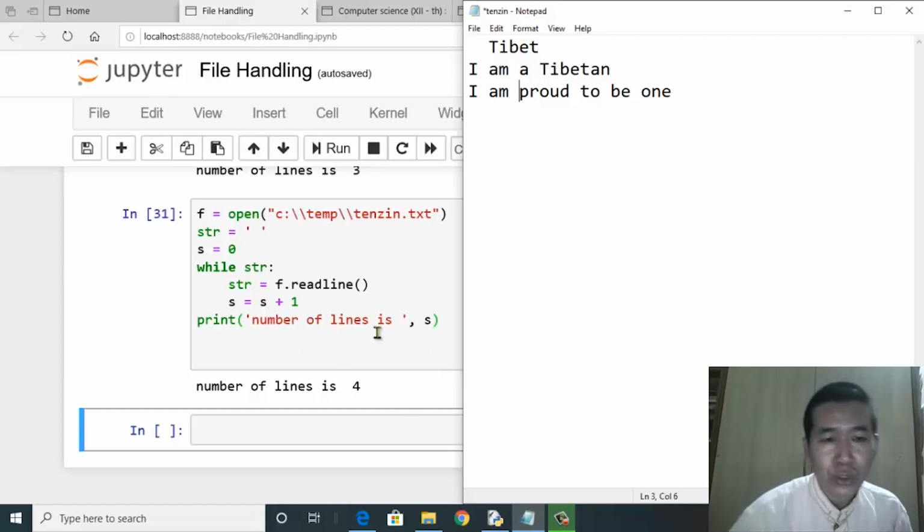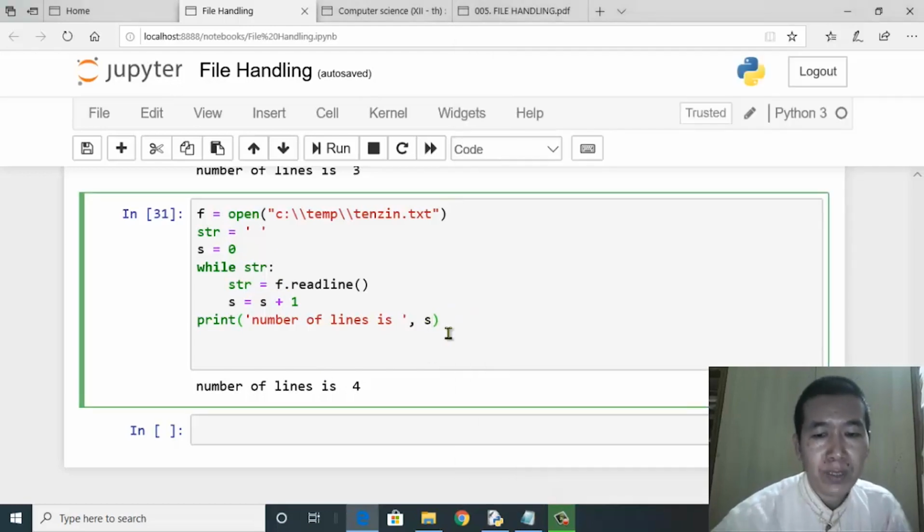Okay, so in order to tweak the program a little bit, you could either read the first line before the loop starts and then get on with the same logic. Or if you want to make it real simple, you could just subtract 1 from it.